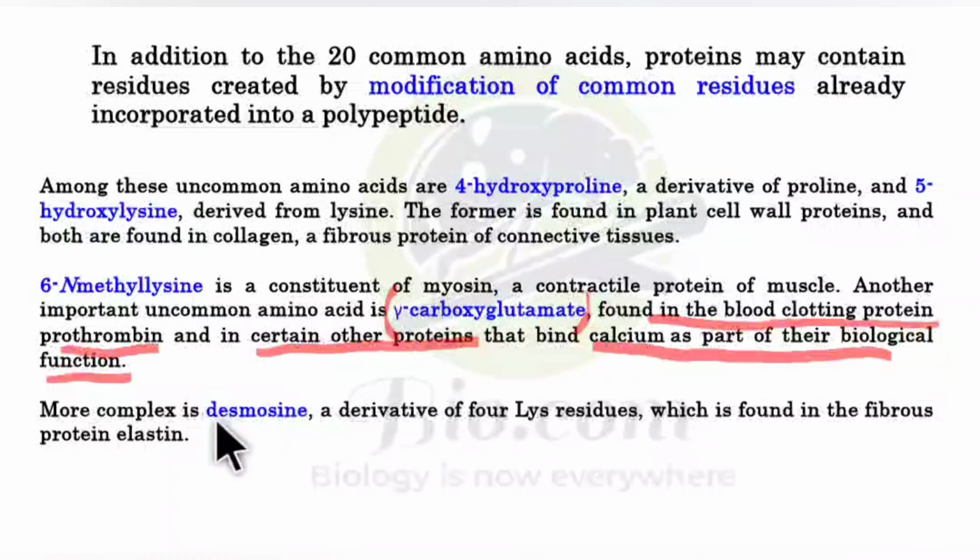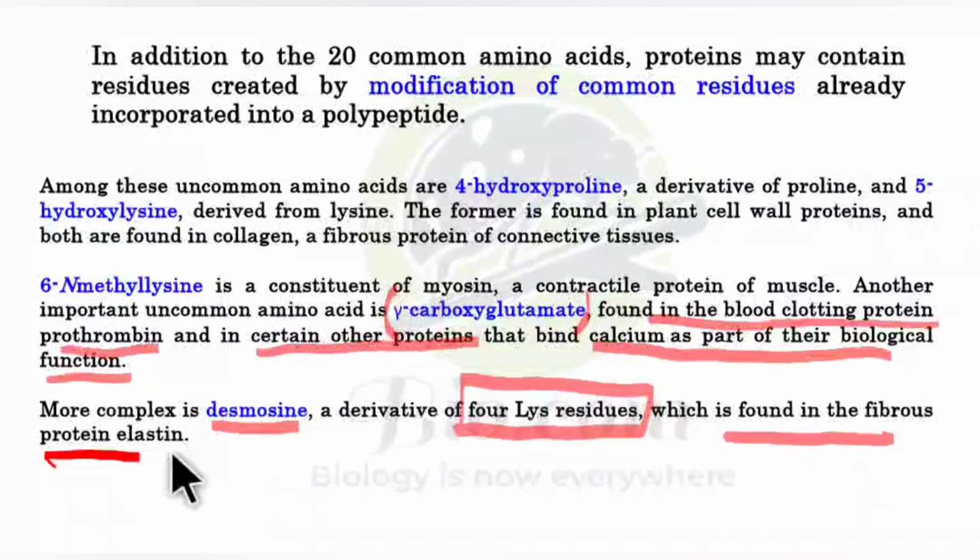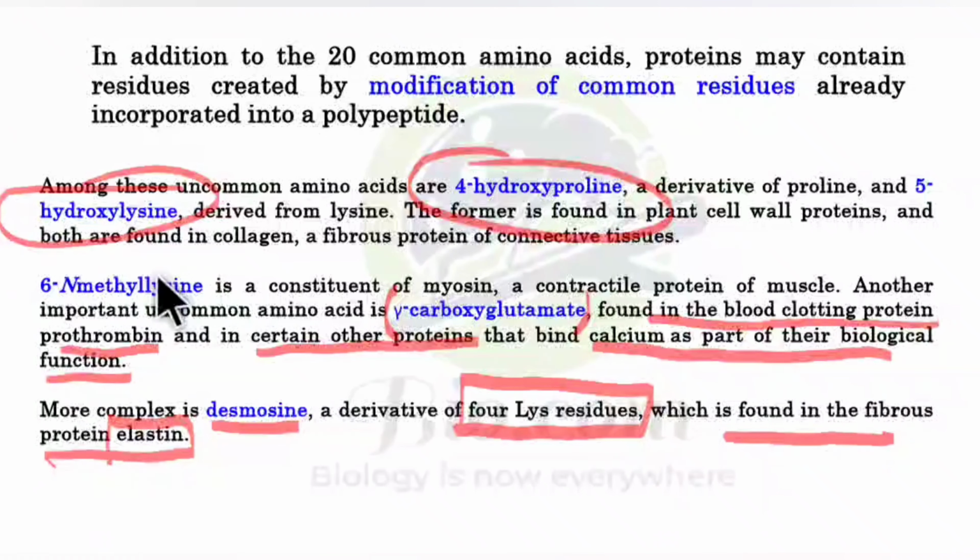And apart from that, there is desmosine, which is a derivative or modification of four lysine residues, and it is found in the fibrous protein elastin. So you have to remember whatever I just compiled in this single slide, that is 4-hydroxyproline, 5-hydroxylysine, N-methyl-lysine,